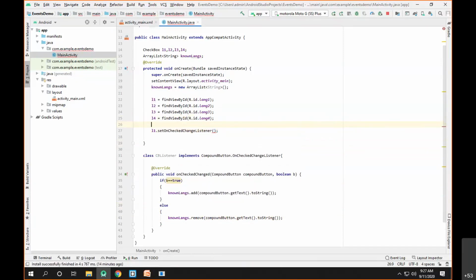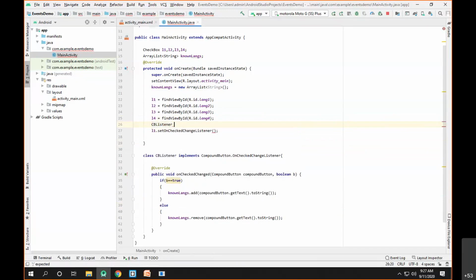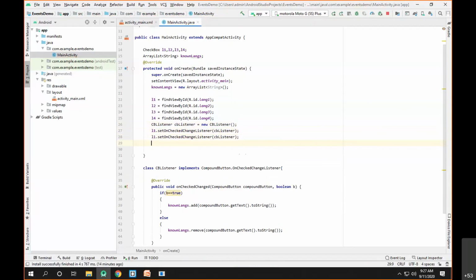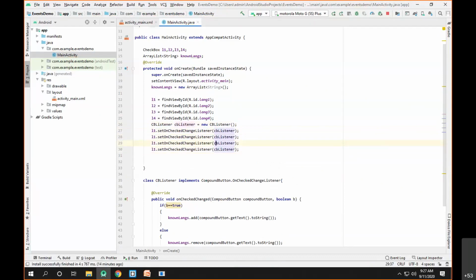Let's create the object of CBListener first of all. So CBListener, let's say cbListener itself, new CBListener. We pass this particular object as a parameter. Now we'll paste this code below, so I can say L1.set, L2.set, L3.set, and L4.